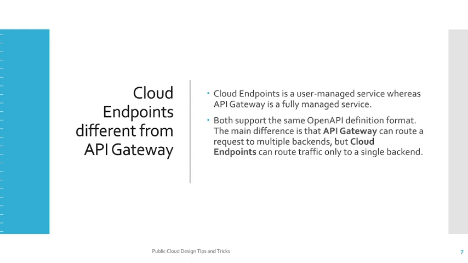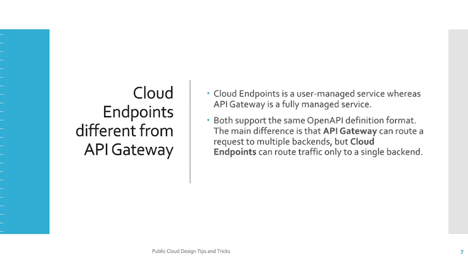That means the user has to manage the service, whereas API Gateway is a fully managed service. That means it has PaaS capabilities, where it is taken care of by your GCP Google Cloud provider. Both support the same OpenAPI definition. That means the definition of the API is supported by OpenAPI, but the main difference between API Gateway and your Cloud Endpoints is that API Gateway can route a request to multiple backends. That means one API can be routed to multiple backends, whereas Cloud Endpoints can route traffic only to a single